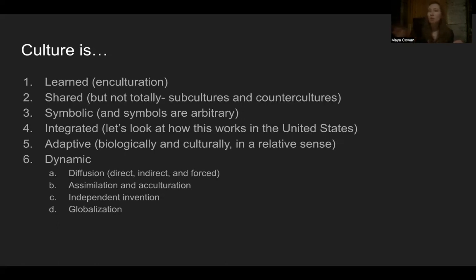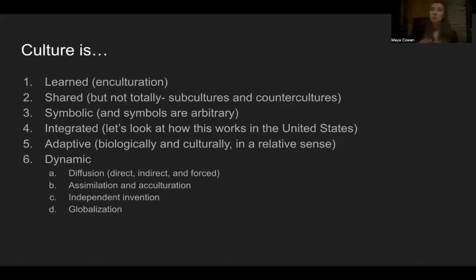Indirect diffusion would be culture A trades with culture B, which trades with culture C, and then culture B trades some of the goods back from culture C into culture A, and maybe also some ideas. Maybe at these meetings of exchange, they're not just exchanging the goods from culture C, but some of the ideas they've learned from culture C, some of their ways of life. And so even though culture A has never traded with culture C, maybe they have some of the goods, maybe they learn some techniques and ideas from culture C, even though nobody from culture A has ever met anyone from culture C.